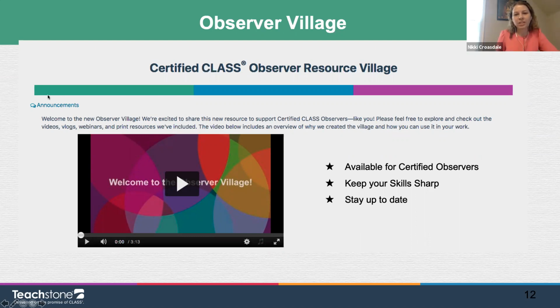And it really just helps you to stay in the know and up to date, and also keep your class content and coding skills sharp. And it's totally free and accessible to everybody. I love that. And a great way to connect with your fellow observers, right? Especially in this virtual world where we can't always connect in person. So I hope that you'll all check that out.